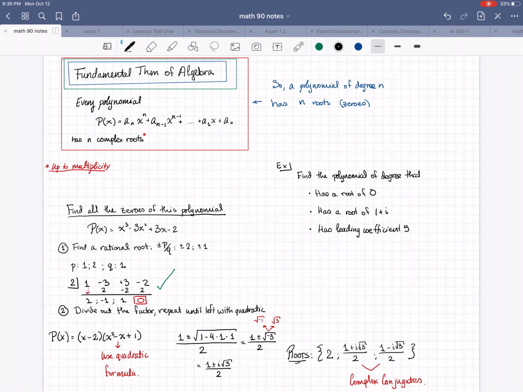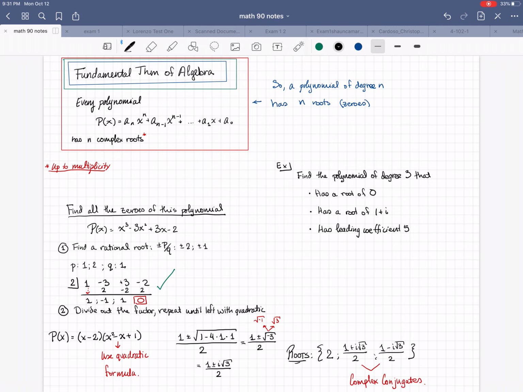So you might be sitting here saying, wait a minute, I missed a piece here. I think I said it, but I didn't write it. Find the polynomial of degree 3 that has these characteristics. So you might be sitting here thinking, wait a minute, you said that if it's degree 3, it's going to have 3 roots, but how come you've only told me about 2 of the roots? Well, I didn't really though, right? I told you that it has a root of 0,